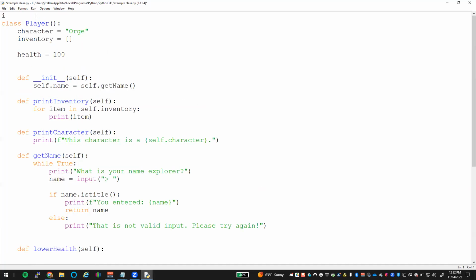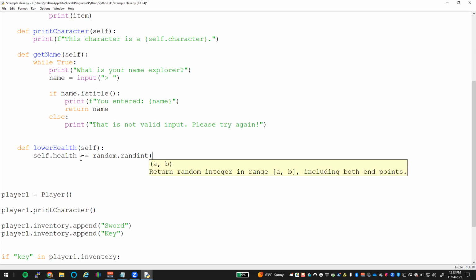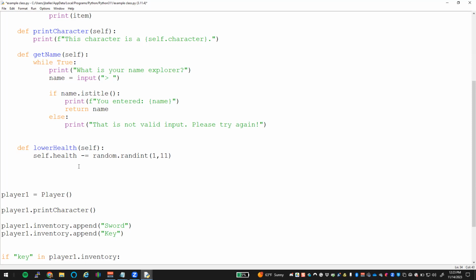Import random at the top. Especially if you spell it correctly. There we go. Just a little space here. Down here, what would we do to create a random number to deduct it? randint, right? So we could use something like self.health minus equals, and then we could just create a random number to subtract from that. So we'd have something like random.randint, and we want to create a number between those two. So what do we put here? 1 and 11, right? Because it's up to but not including,